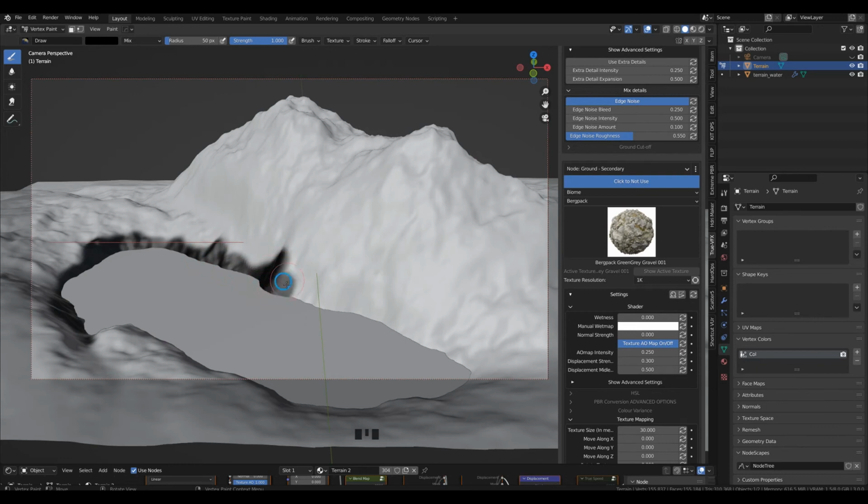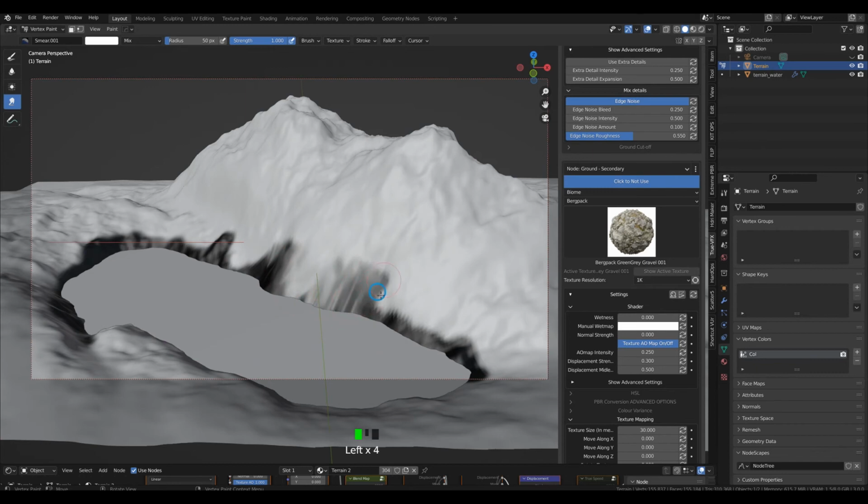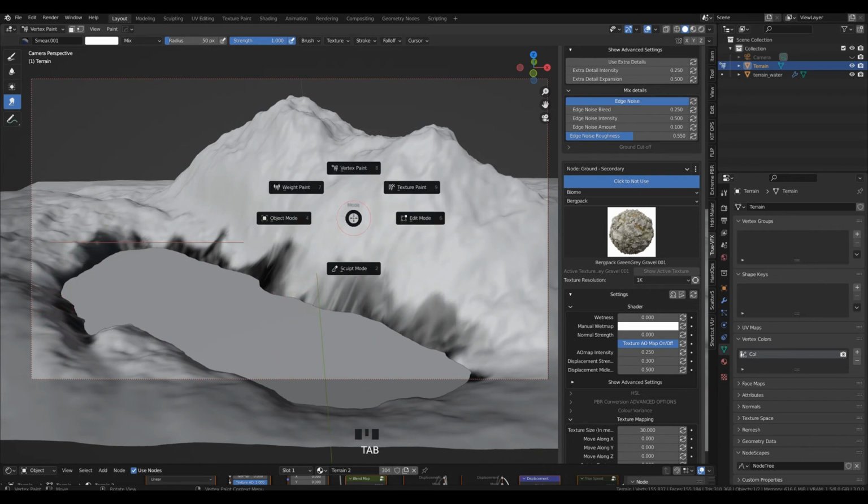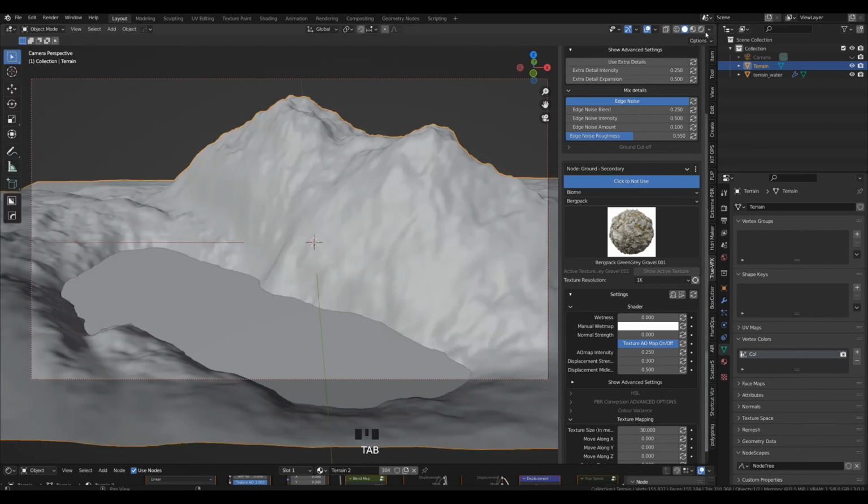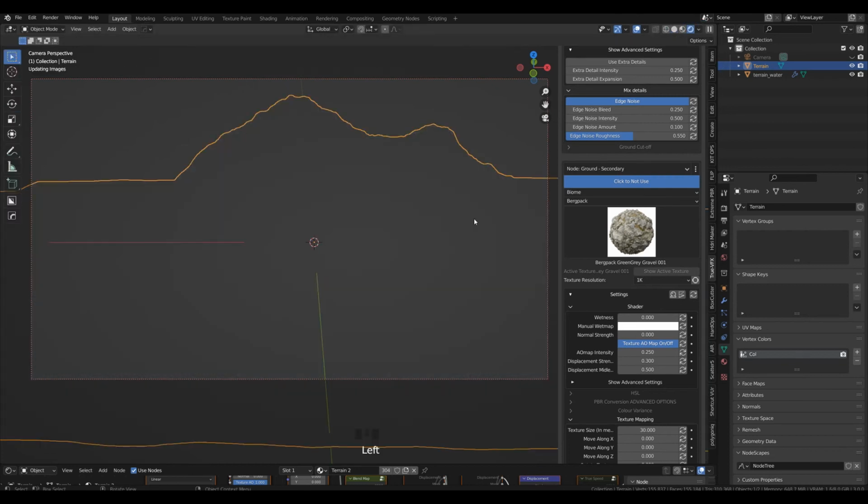Let's make this a little bit more pronounced in here, a little bit less, a little bit more, something like this. Then we can again smear it like so. Let's be very messy, something like this. And we have black on white. Black is wet. Let's go to object mode,